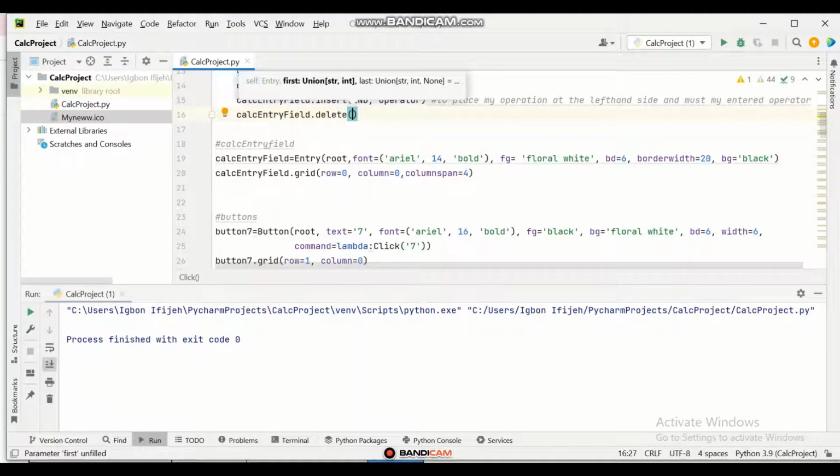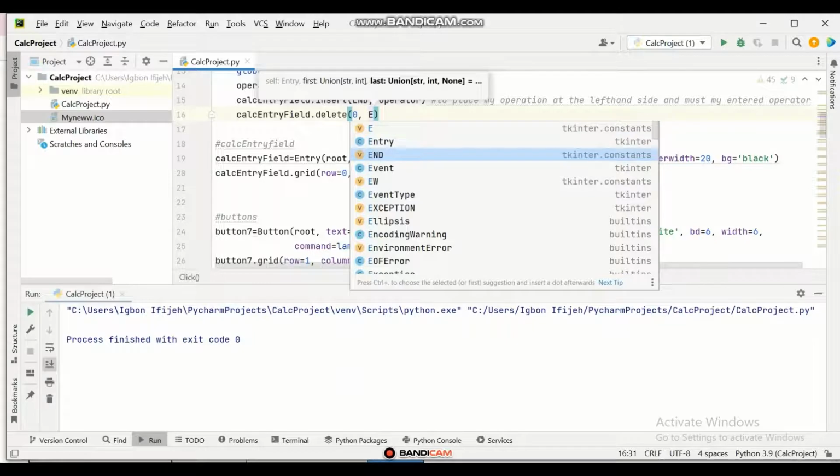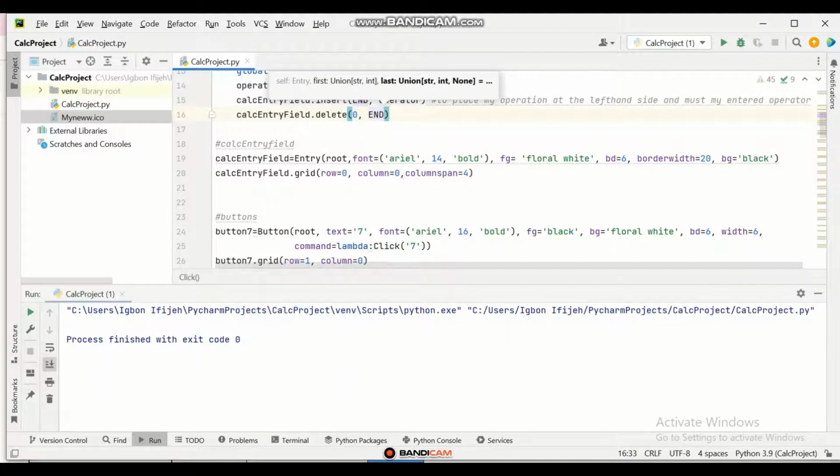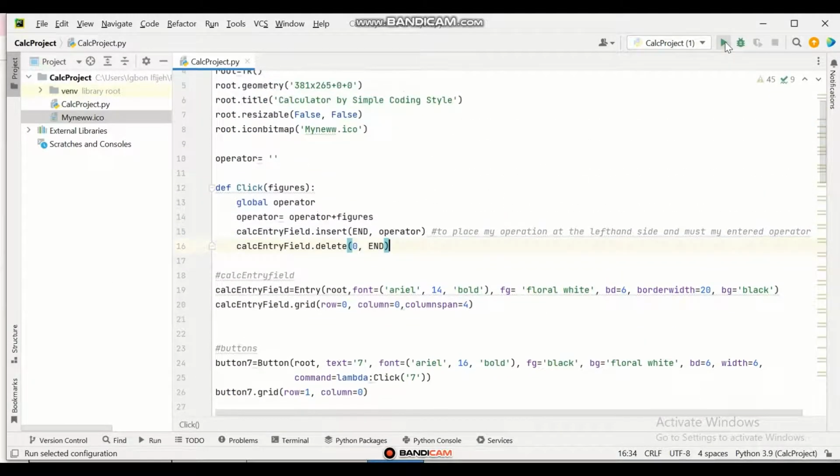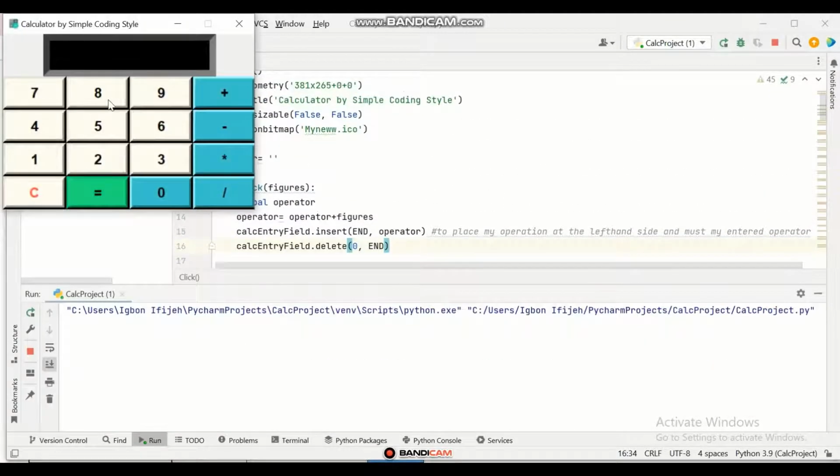and I would want the delete to start from the 0 end. This is going to start from the 0 of my left hand side to the ending of the screen, my right hand side. That's basically what this is going to do for me. So let me run this. Okay, this is not working because,